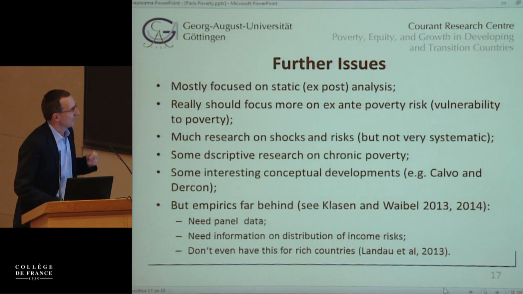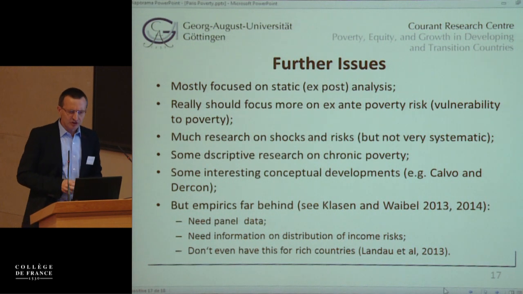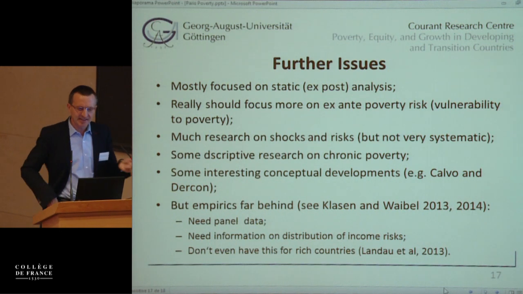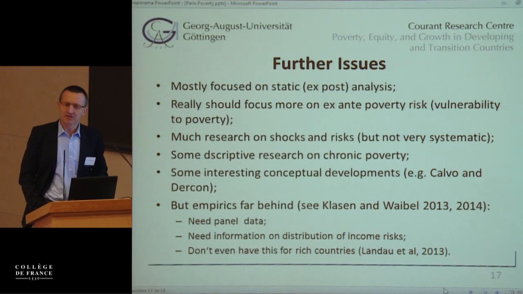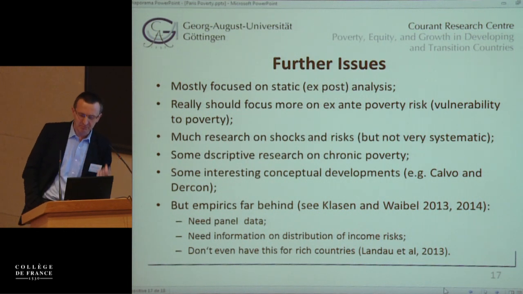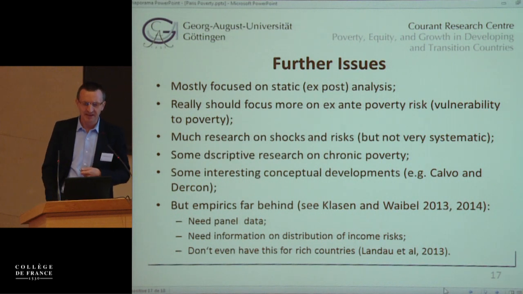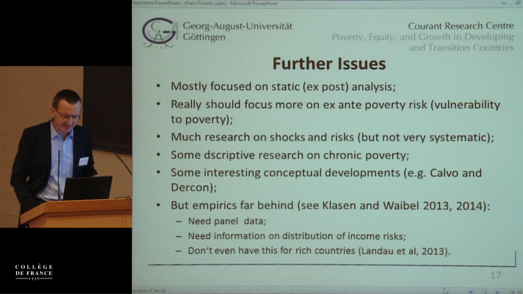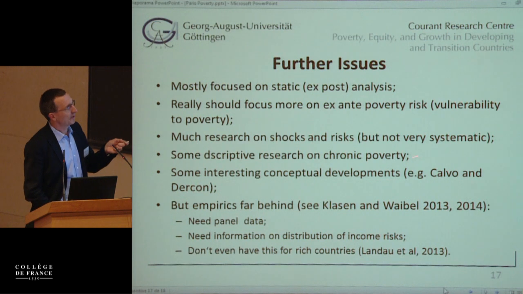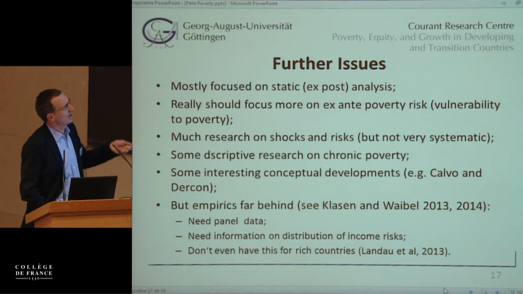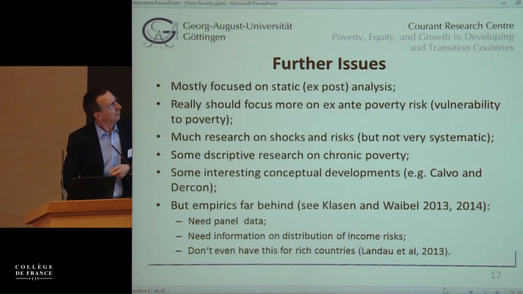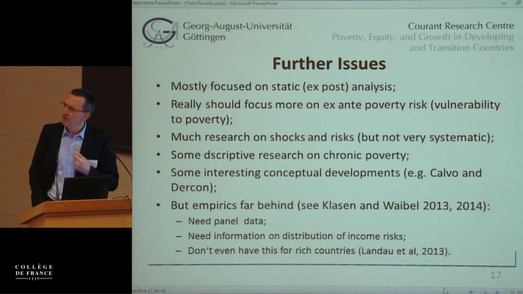Let me mention very briefly some further issues and then conclude. All of these analyses have been static ex-post analysis. Of course, we should really focus more on ex-ante poverty risk. That's what the policymaker should really be interested in. How can I prevent poverty rather than just cure it once it is done? So we have a lot of research on shocks and risks, although not very systematic, but we know they matter. We have some descriptive research on chronic poverty, of those who stay in it. We have some interesting conceptual development. Stephan is sitting in the back there on vulnerability to poverty,